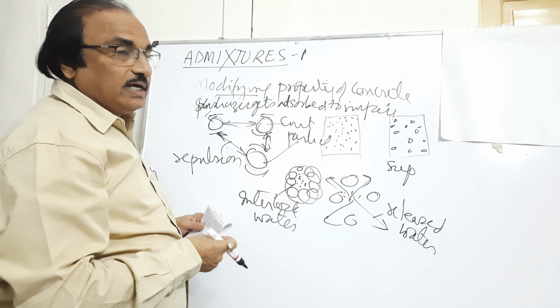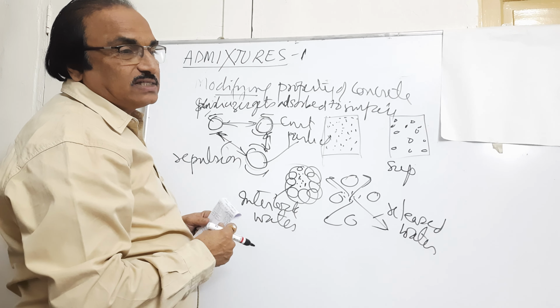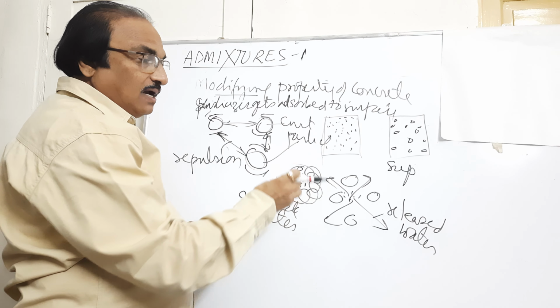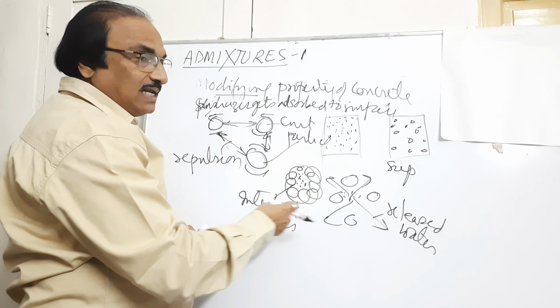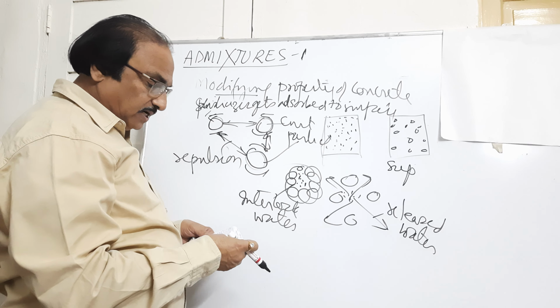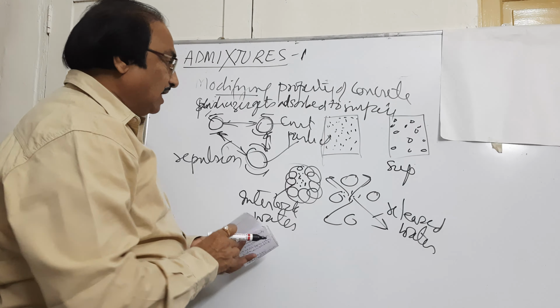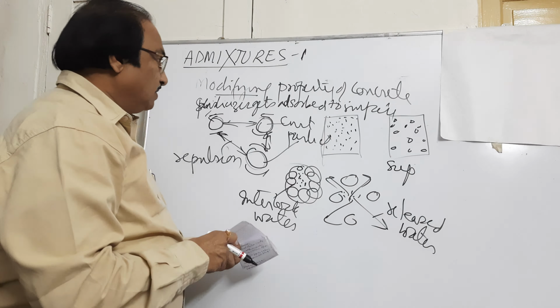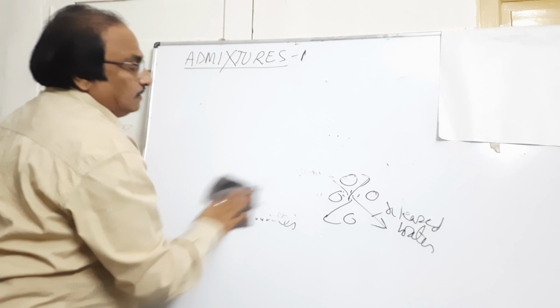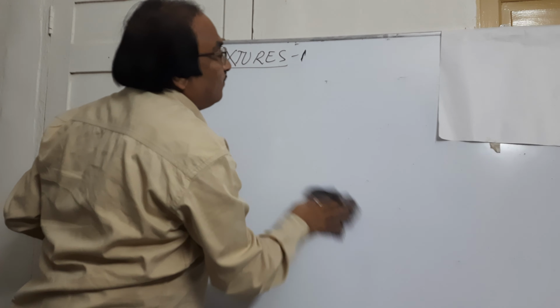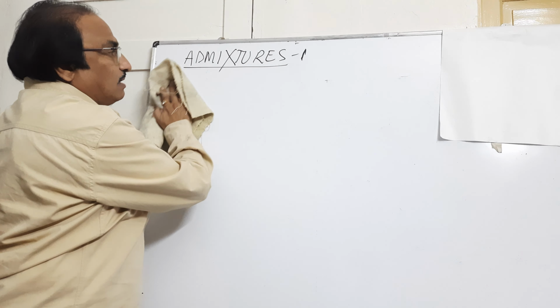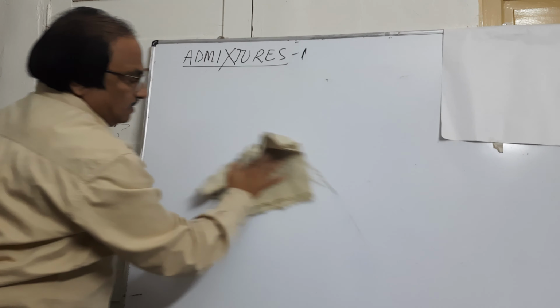more workable. So in this way, the superplasticizers will be working by getting absorbed to the surface of the cement particles and releasing the excess water. So this excess water will help in the workability of the concrete. This is one type, the first type, which we call plasticizer. Plasticizers are used to modify the properties of concrete. How it is working, I have explained in this diagram. The principle of how the water gets released, extra water is available for the making of the concrete.